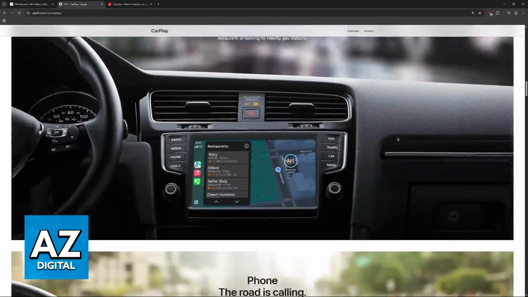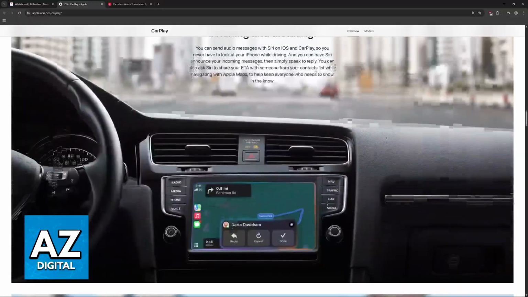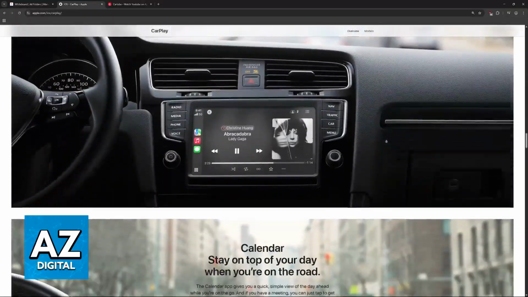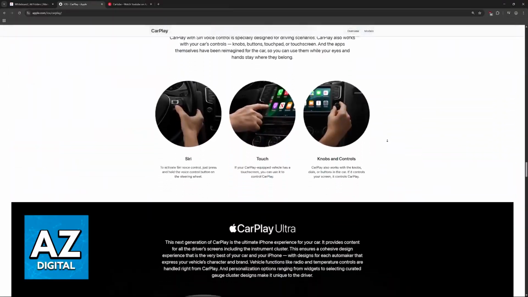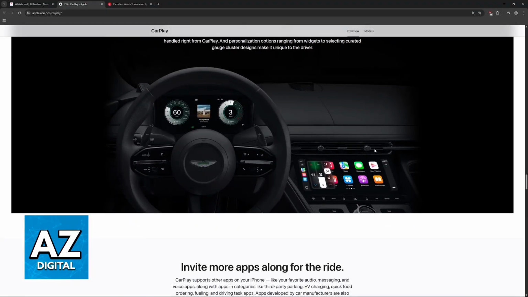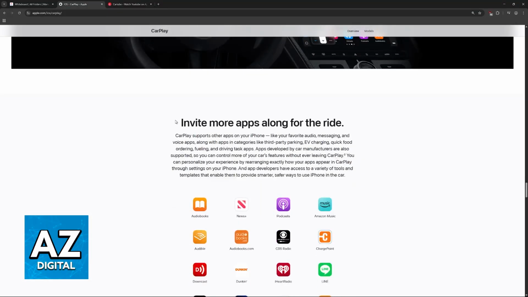So, the main way that you can do this without any modifications is by using the Safari browser. However, it is very limited. If you want to try, simply open the Safari web browser and go to youtube.com, and you should be able to access the website and watch basic videos.